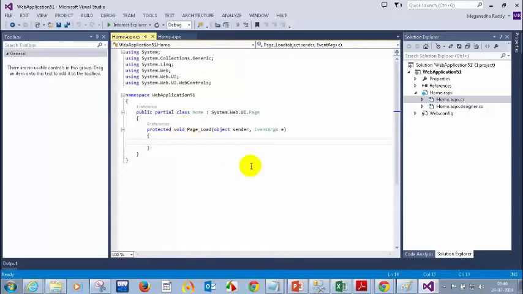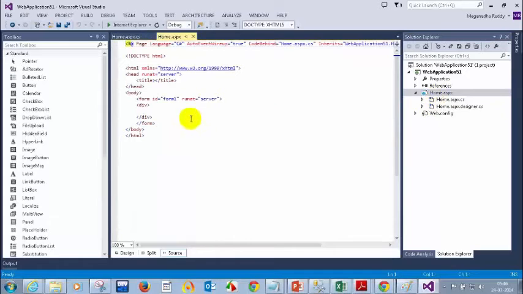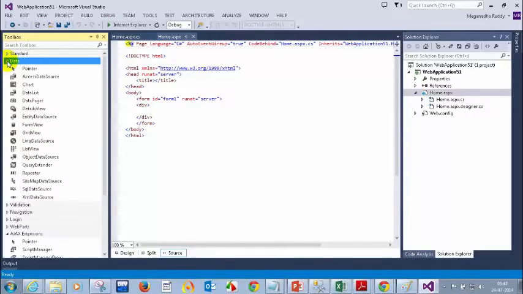Okay, in the home.aspx page I will be adding a control called grid view. Here we have standard controls, data controls, validation controls, navigation controls. Like this we have different types of controls. If I click on data, for displaying data we have form view, grid view, details view, data list.